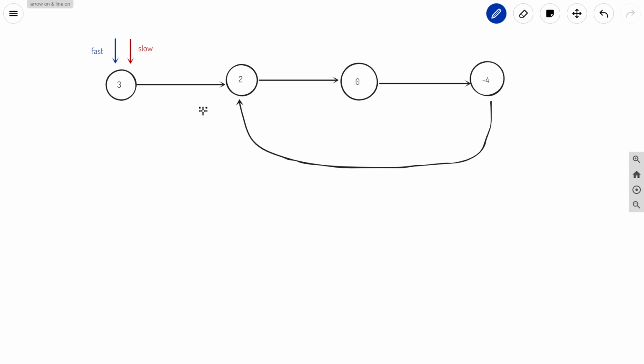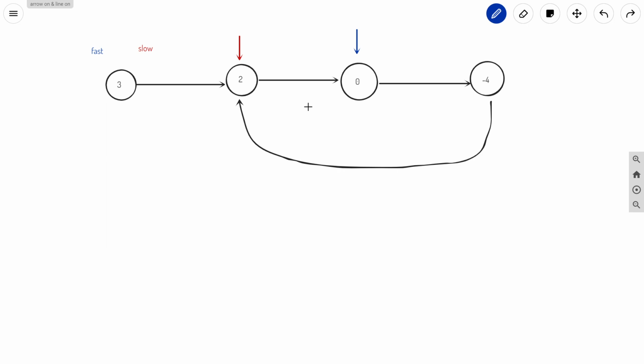So what we will do, we will use two pointers, that is fast and slow, and this fast pointer will move with a speed twice that of slow. In one move I will move this slow pointer by 1 unit, so this slow pointer will be moved to the next node, and this fast pointer will be moved two nodes ahead. So you can see that I have moved this fast pointer two times.